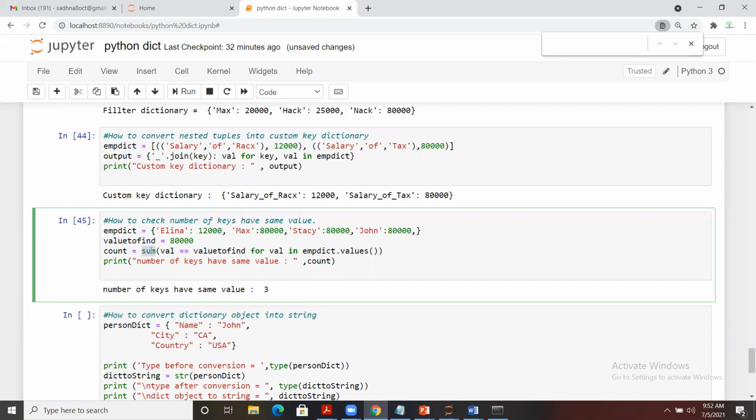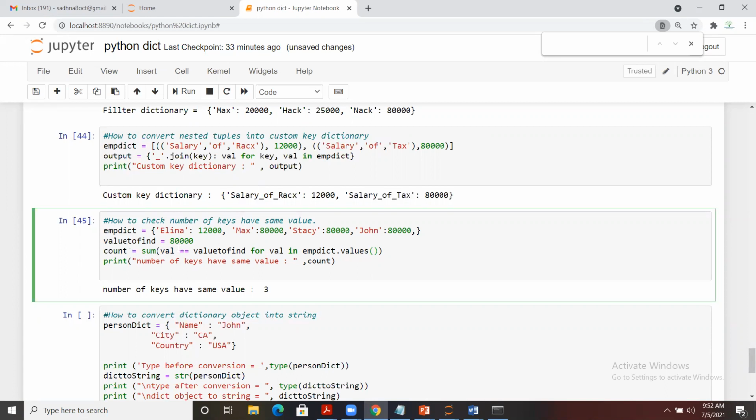So it will add how many keys have the same value. You see that Stacy, Max, and John have the same value. So this is how we extracted it.